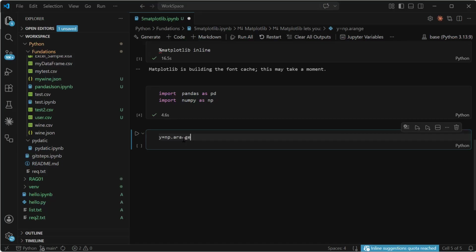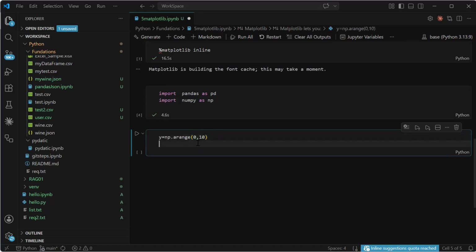0, 10. The values I'm going to take randomly are from 0 to 10. And y-axis, NumPy, range,